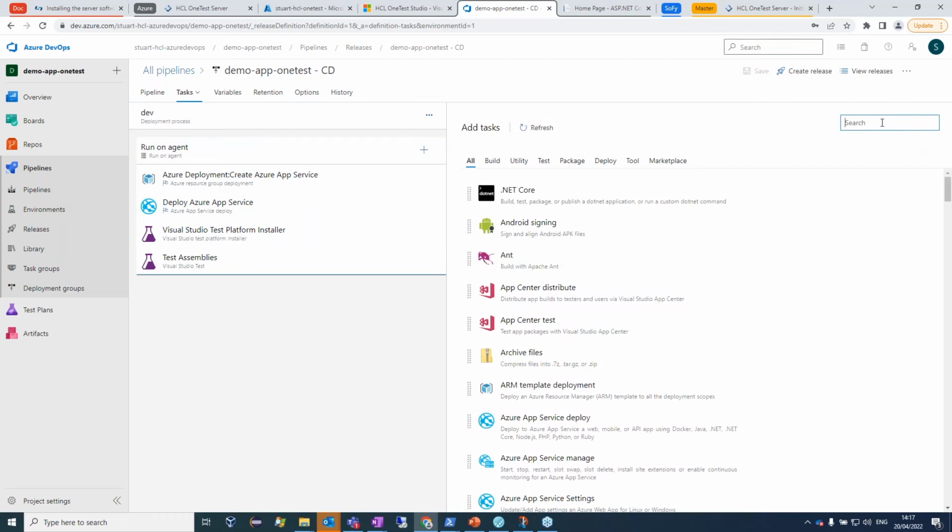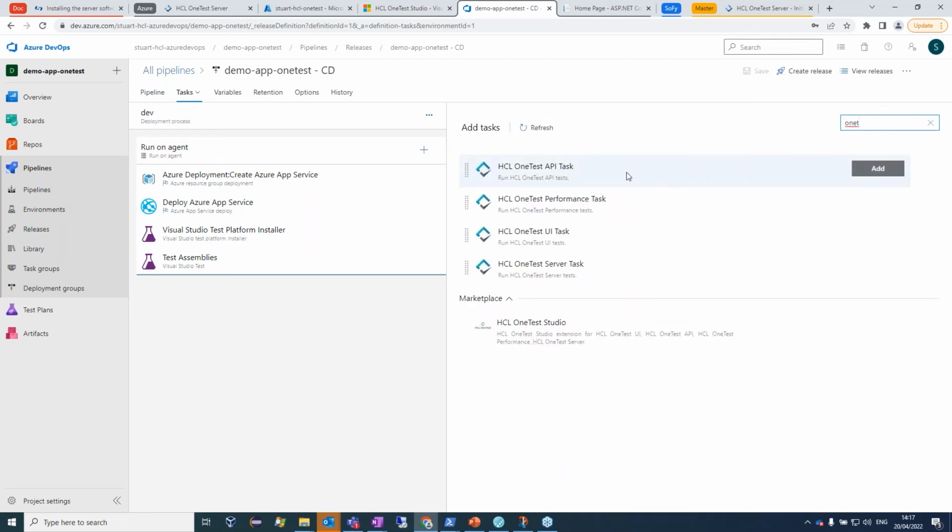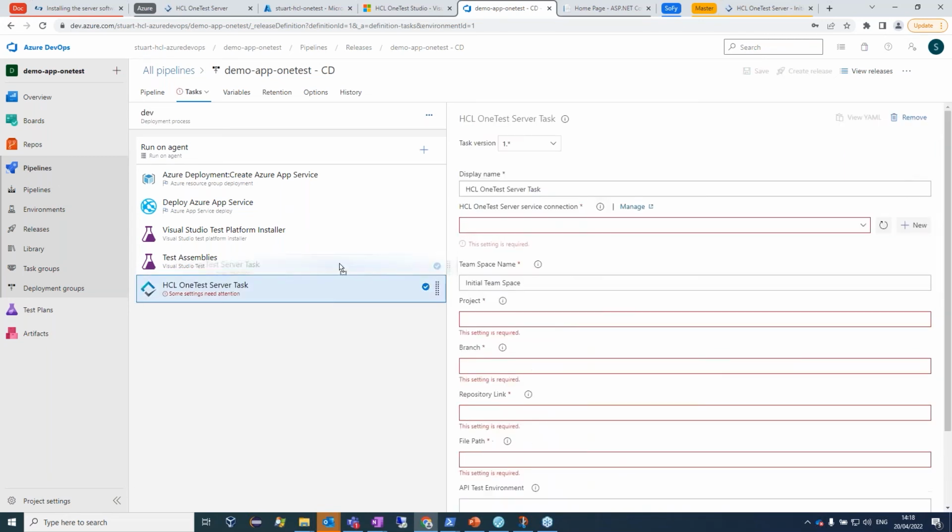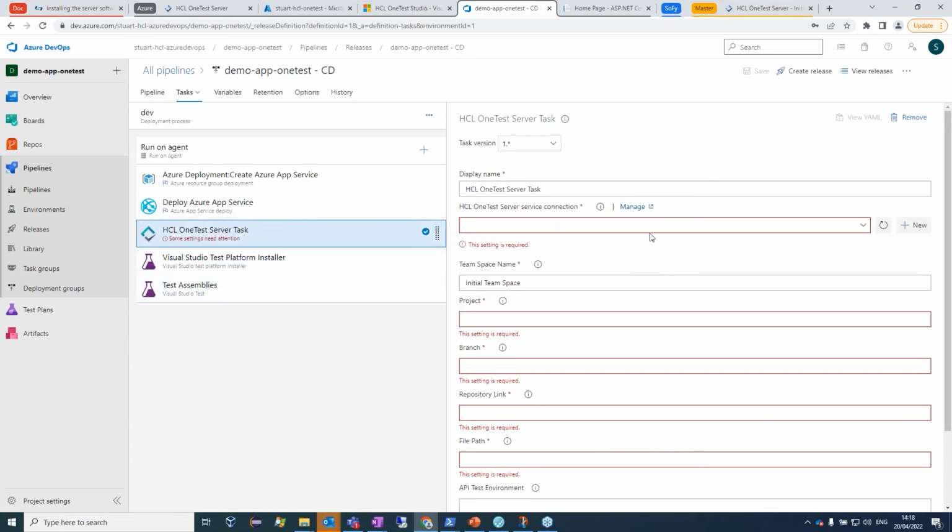And if I want to add a OneTest task into here, once I've installed the plugin, I simply search for it, and I can choose the appropriate task. The appropriate tasks being the 3 different Workbench products for the more traditional agent style of execution, or the 4th one being the One Test Server task, that being that centralized component that we would then call into. Now, I can add these tasks into this release, and I can move them around to put them wherever I want to put them,